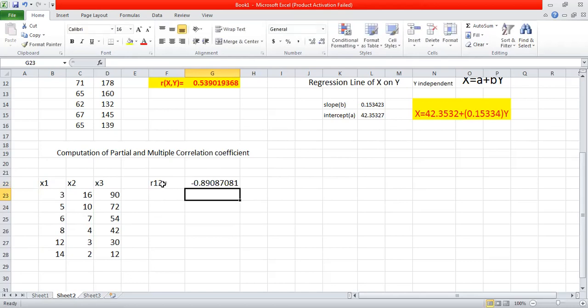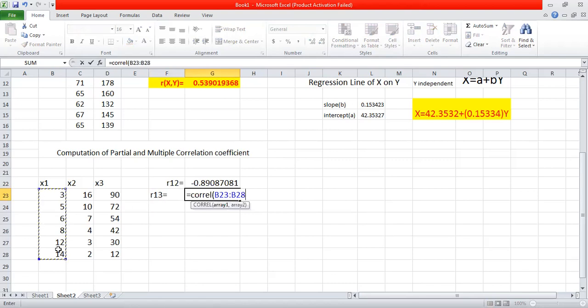We get the R12 value as minus 0.89097081. Next, we find the value of R13. R13 equals, use the same function CORREL, so x1 comma x3 values,